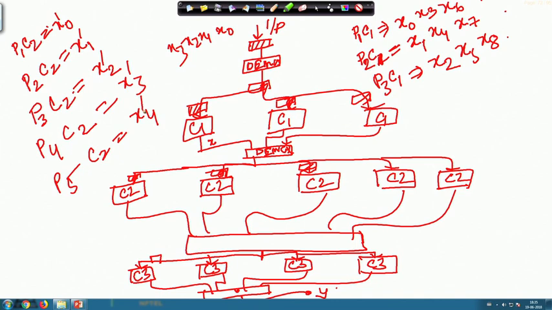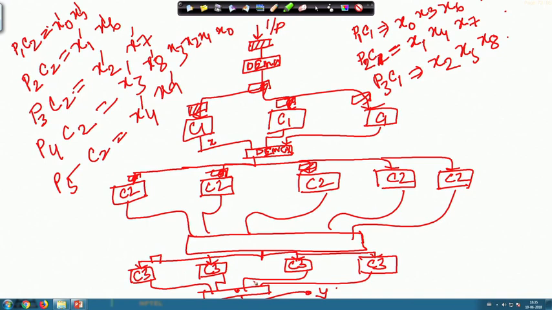x4 dash. Then again x5 will come over here, x6 will come over here, x7 at this particular point, x8, x9, something like this will run. This is for this particular case. Again that will produce x5, then that will be connected via this, after it passes through the demultiplexer, again that will be connected with all this 4 C3 block.